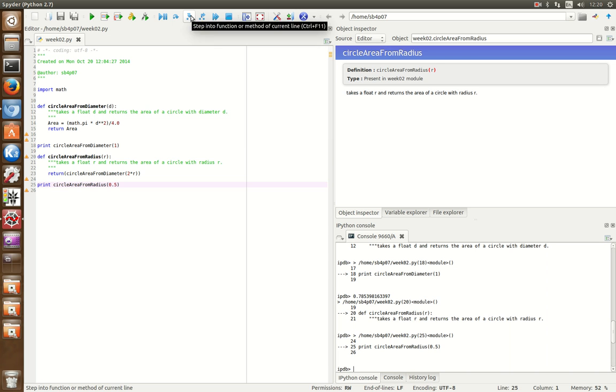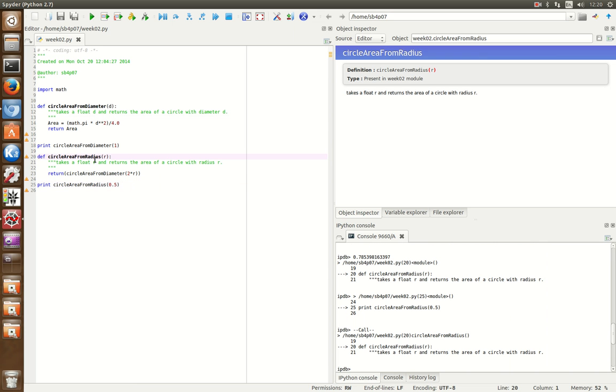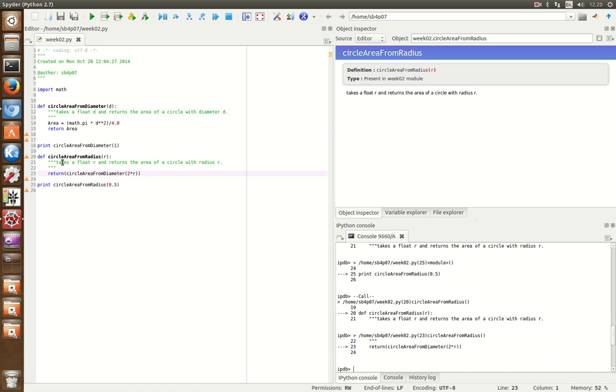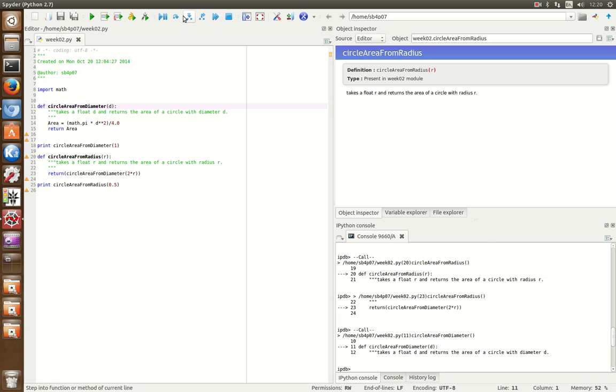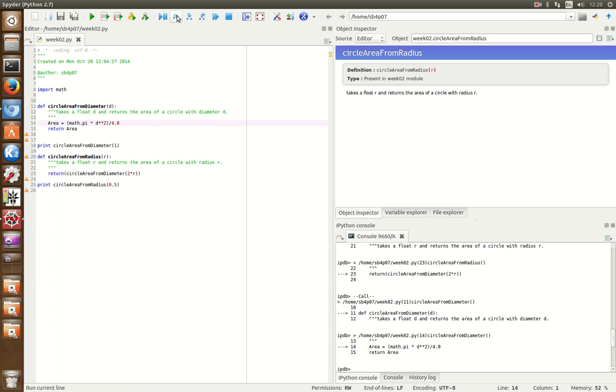So I'm going to step in, and you'll notice the highlighted line jumps back up here to the function definition, and now when I press step, I actually drop in to the circle area from radius function, and I can proceed through that function line by line. But circle area from radius calls another function here, circle area from diameter, and again I can step in to that. So I drop into this one, and I can step,